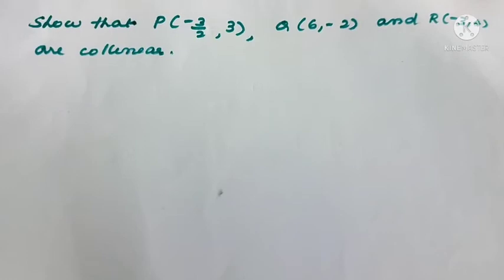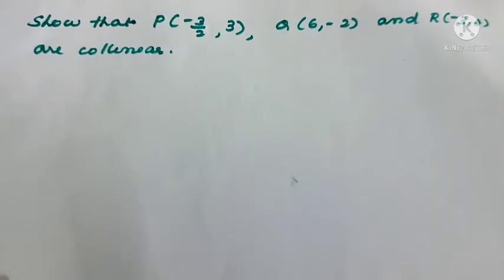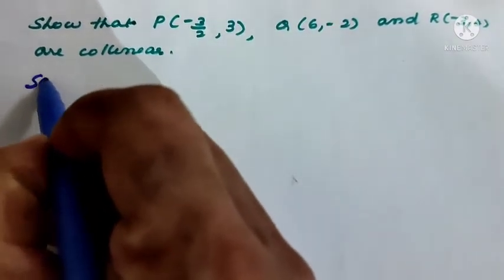We know that by the definition of a triangle, three non-collinear points form a triangle only. So collinear means there is no possibility of getting a triangle. If there is no triangle, then the area will not be there. So we should get the area of the triangle equal to 0 in this question. We will take P, Q, R as the points (x1, y1), (x2, y2), (x3, y3) respectively. So let us take the solution now.